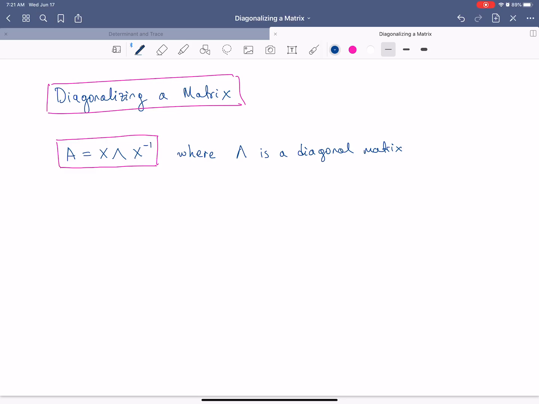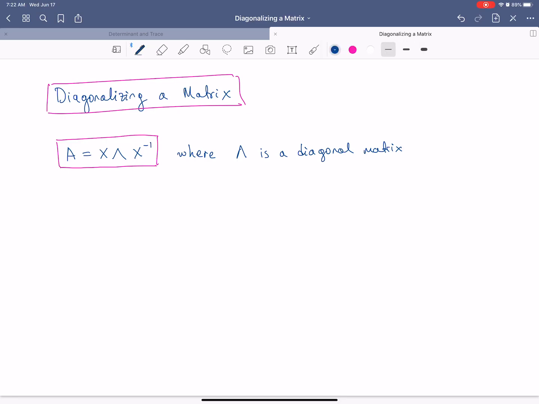So the first question is, why would we even want to represent A in this way? So why is this factorization useful? And then I will explain how to find it. So as noted yesterday, we talked about powers of the matrix A. Let's look at what is A squared if we know that A factorizes into this form. So we call it diagonalized because, let me mention this before I go into A squared,